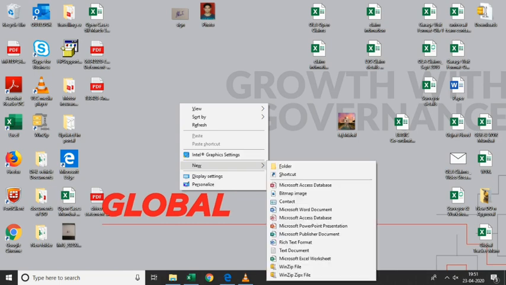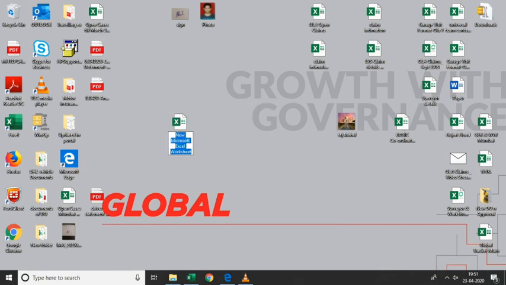As you click on that, you can see the icon appear on your desktop. By default, the name that appears when you create a Word, PowerPoint or Excel file using a right click is something like this: New Microsoft Excel Worksheet. You can rename this by just typing and clicking outside.